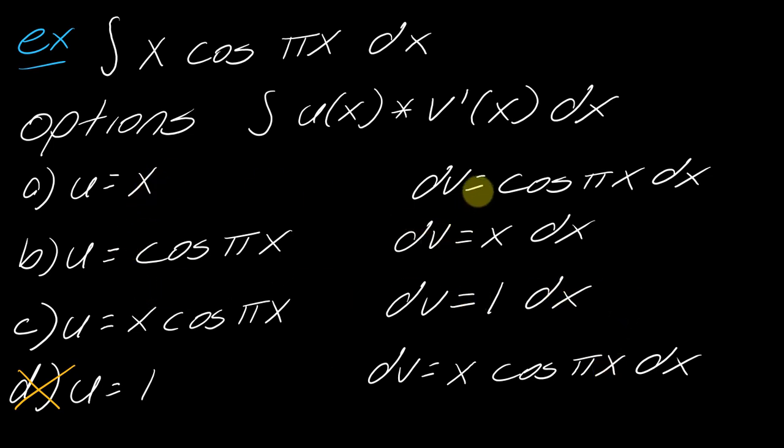Now, if I look at the other options, all of these other options I can integrate. So now I need to think about what my u is. The best choice of your u, this isn't always going to work, but there is an ideal scenario. Your ideal scenario would be a u that, when you take the derivative of it, the derivative could eventually turn into a constant. So if I take the derivative of cosine or x cosine pi x, both of these,